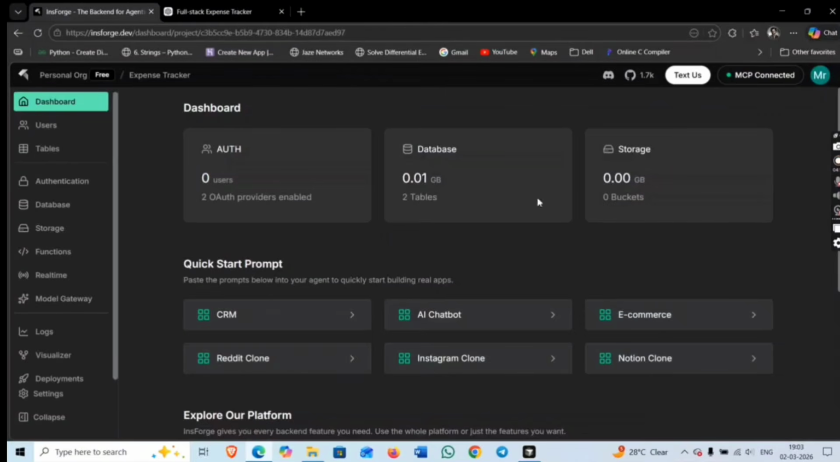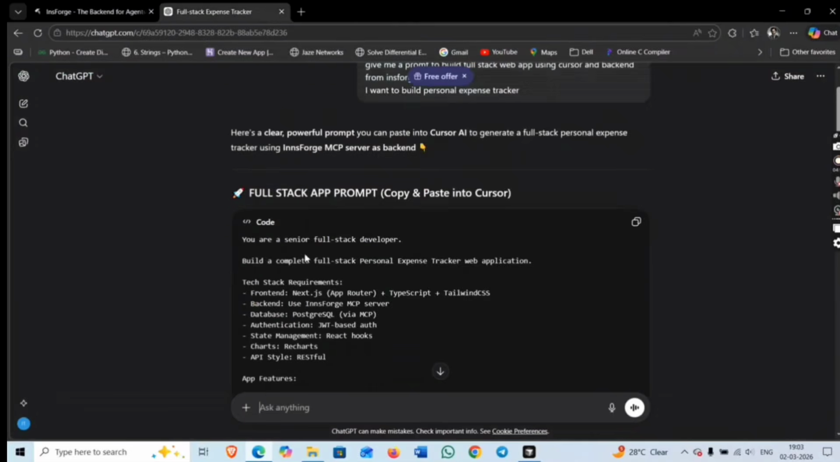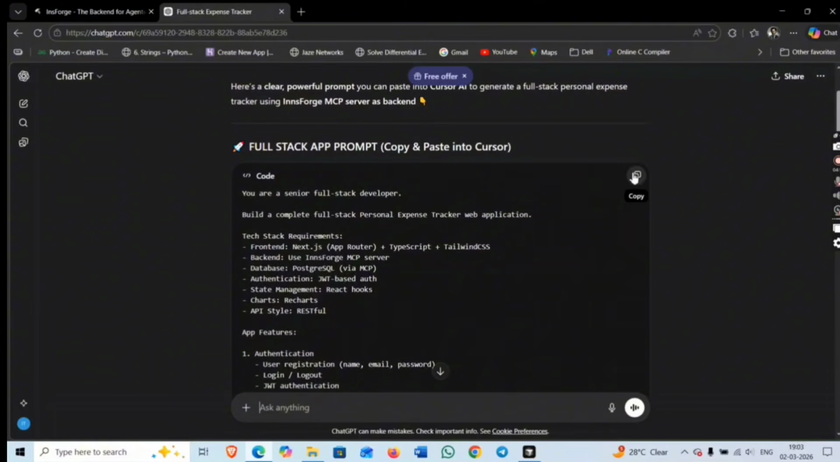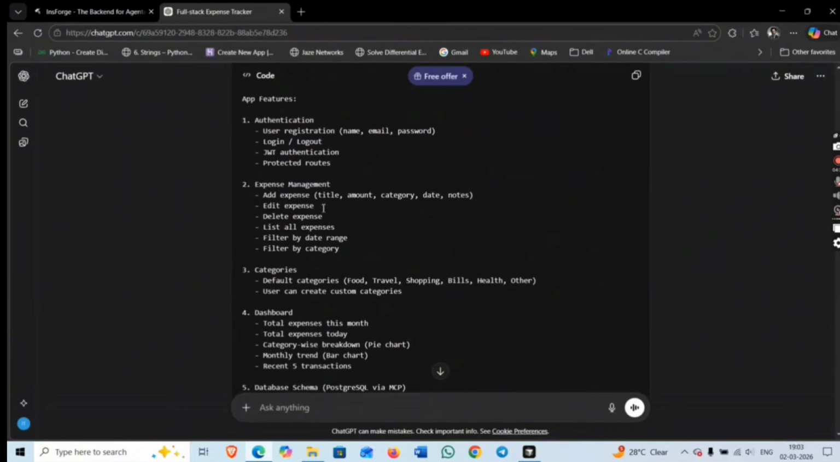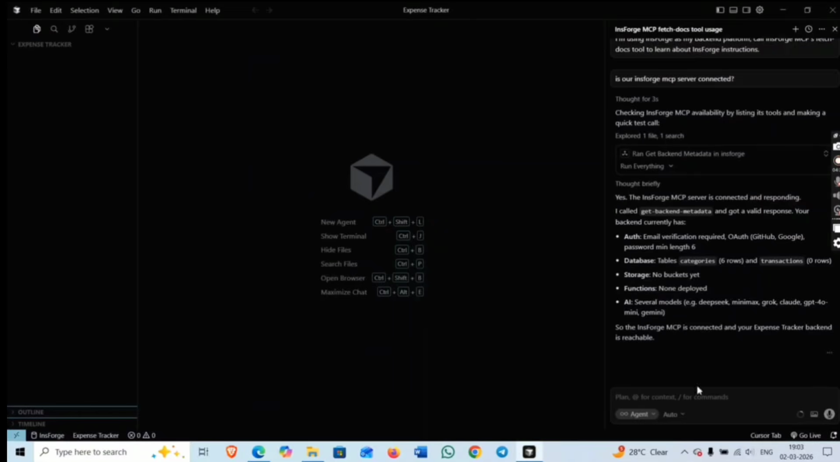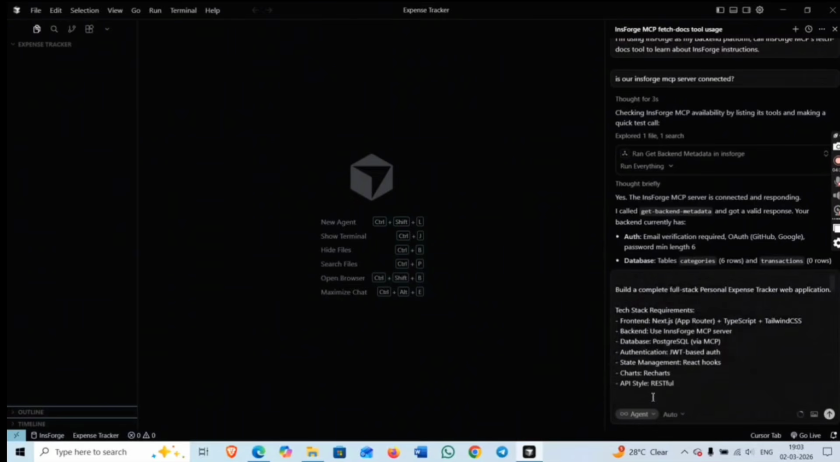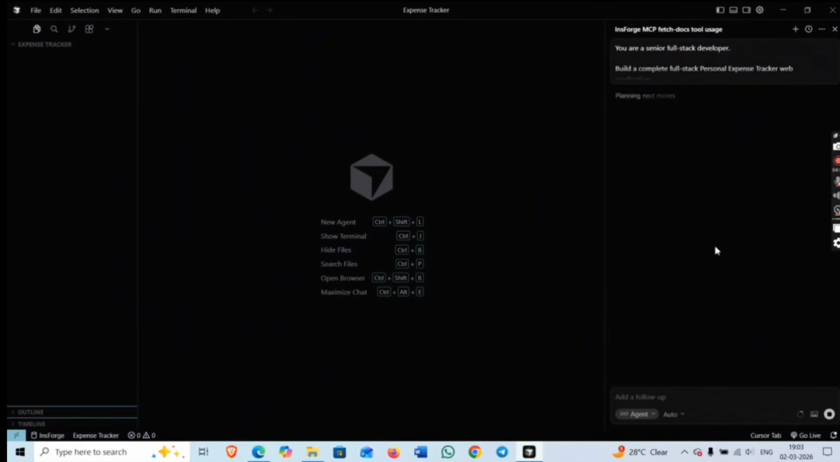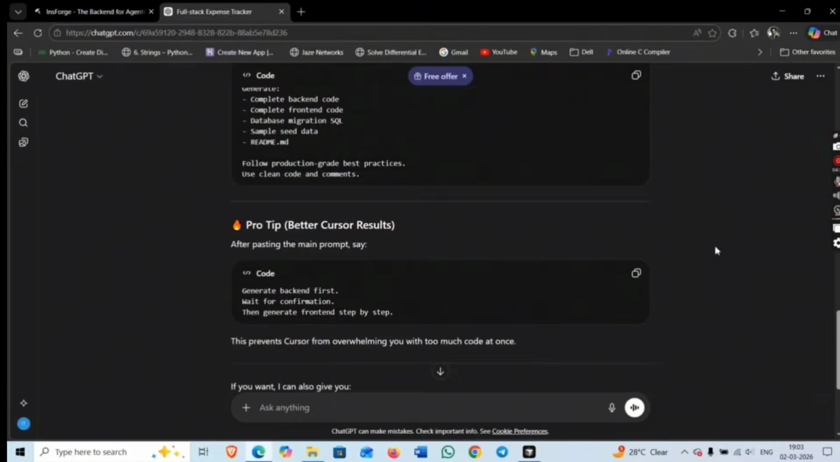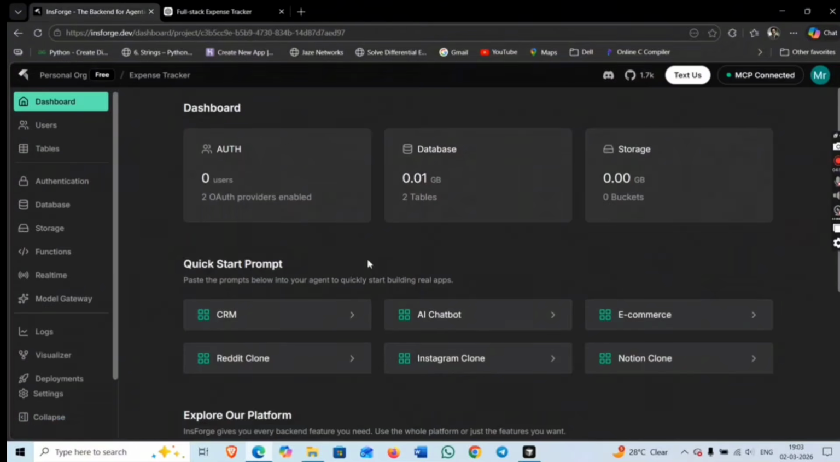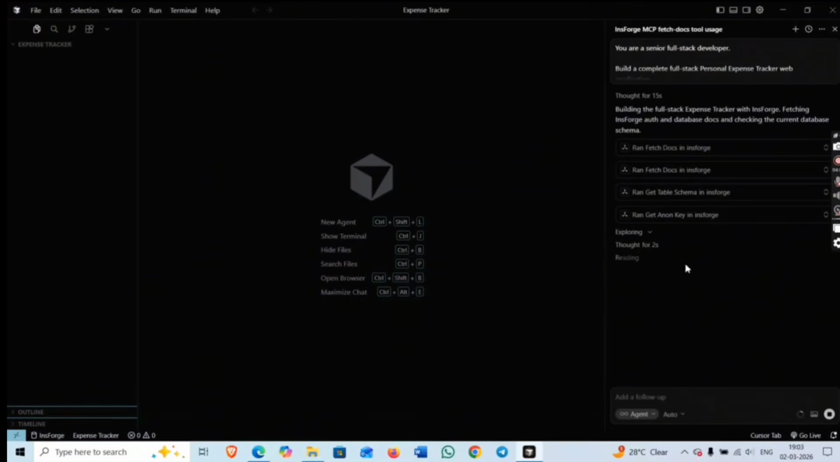So it is working perfectly now. ChatGPT has already generated the prompt for our application, so simply copy that prompt and paste it into Cursor. Once you paste the prompt, Cursor will start understanding the requirements and begin generating the code for the application. This process might take some time because it needs to generate both the front end and back end part of